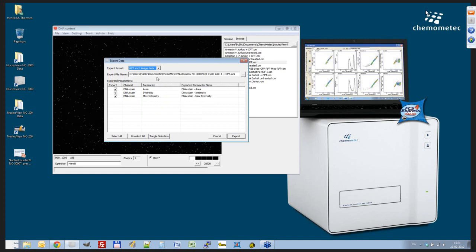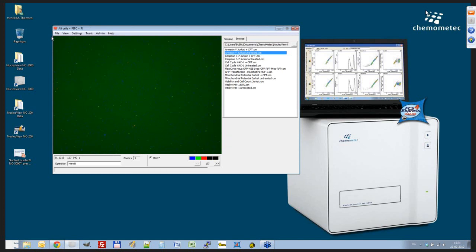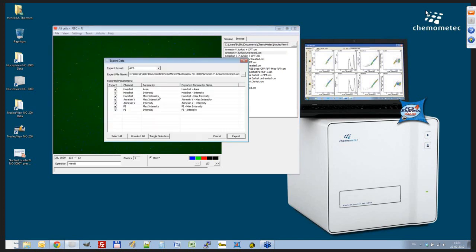We can take another one, an untreated one here. In the ACS format I can choose what to export and what not to export, and we can export the Hoechst data, the area, the intensity, the maximum intensity per cell, and the same with the annexin V and propidium iodide. I can select or deselect, unselect all, select all,